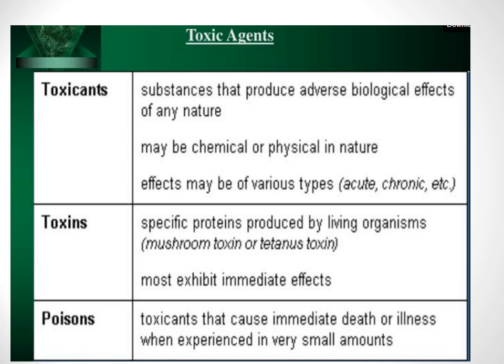In addition, chemicals which are generally man-made come from anthropogenic sources. Whereas toxins are specific proteins produced by some living organisms, like the amanitin poison produced by mushrooms, or a tetanus toxin produced by some bacteria, which produces an immediate effect. Then there is something called poisons. These are nothing but toxins that cause immediate death or illness if taken in a very small amount. So this is it about the